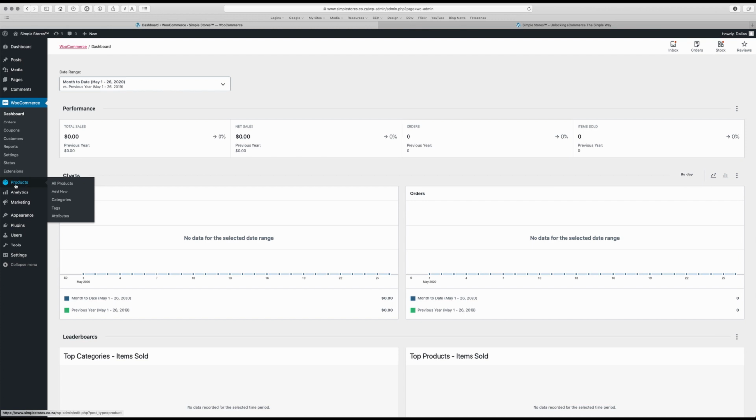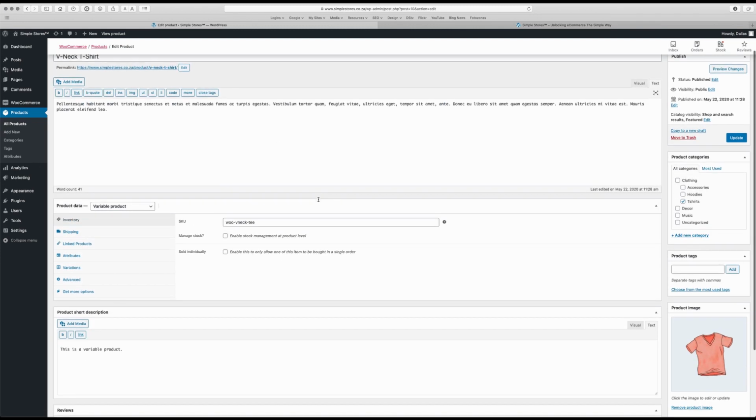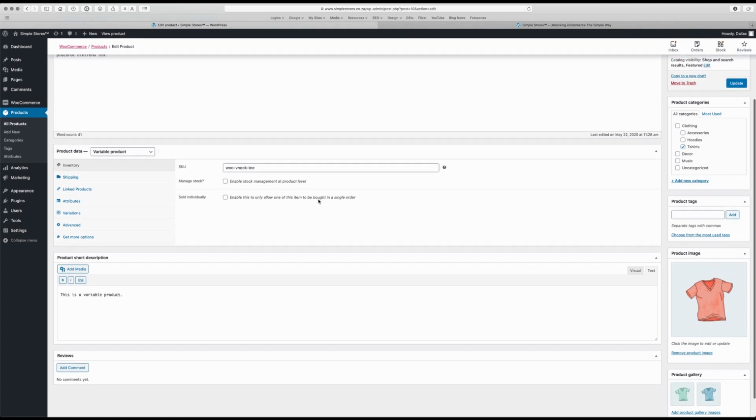Now within WooCommerce, you will obviously have to have products, and when you click on this little link over here, it'll show you all the different products that you have in your store, and you can then edit those products either by clicking directly into them like this, and you'll see that you've got a whole lot of stuff that you need to deal with,